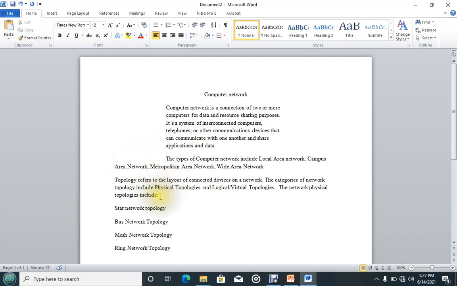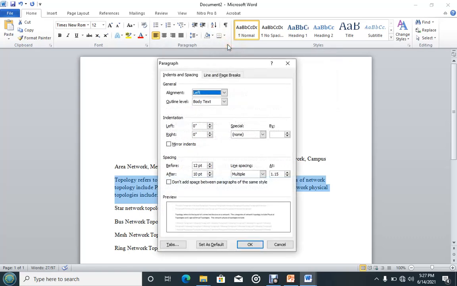Then the other one called the hanging indentation. Hanging indentation will move these other lines of the paragraph, leaving the first one where it is. So first select the paragraph where you want to apply the hanging indentation, then you launch it. You know where to launch it from now. Then under special we have hanging, and you can hang from there.